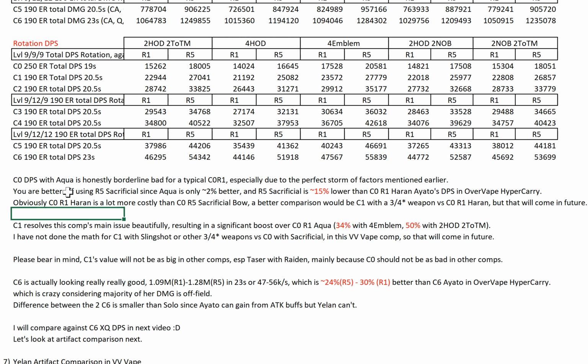But like I said, this is a very, very unique scenario specific to the Vape Comp. So I'll say that a better comparison would be C1 with a 3 or 4-star weapon versus C0 R1 Haran, but that will come in future. Okay? So Yelan